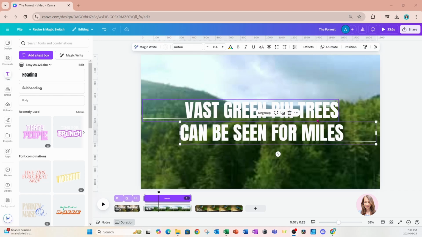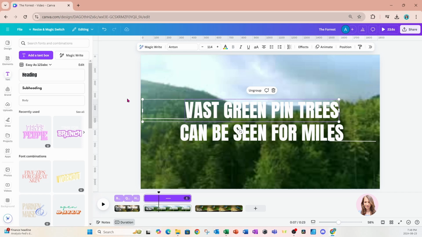Now, the reason why I group them together is because I want to apply an animation. And I want the animation to apply to this whole grouping, not just one or the other, because that would look silly and unorganized. So now that I have these grouped, and you have to make sure that you're selecting the whole group,